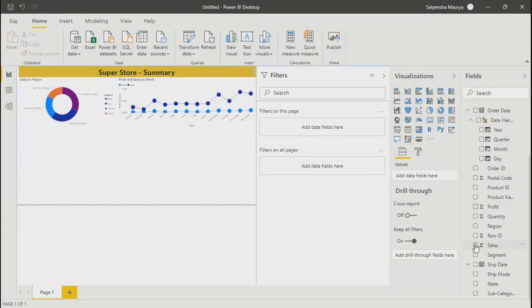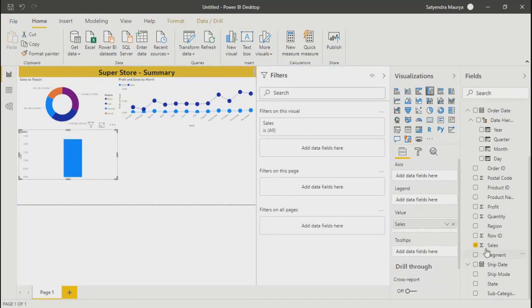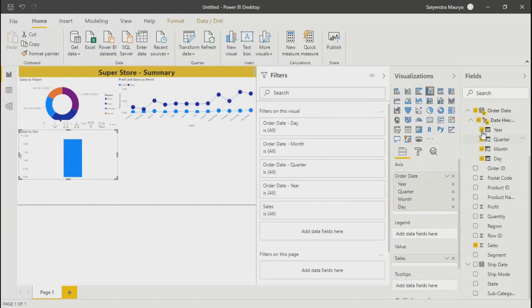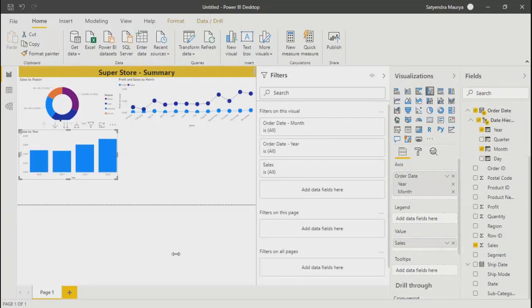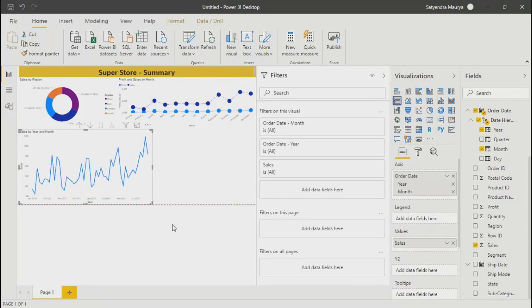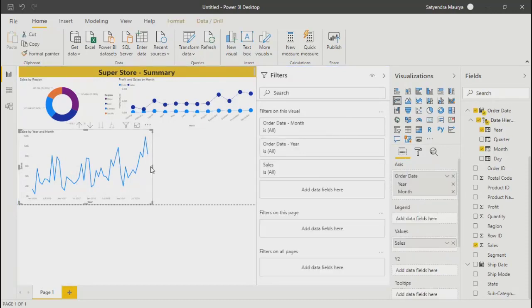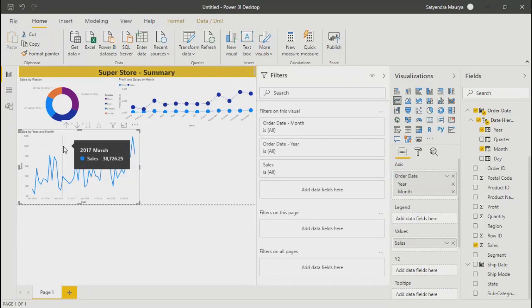Chart we have already taken, so I'm not going to focus on that. Now let's say we'll take one more trend over here, maybe that is by sales. Now for sales, again I will take order date, year and month, and we'll convert this into a trend line. And this is the trend you see by default. By month I have converted it to the sales figure. What I want to do is show the forecast, right? It's a simple option for the linear forecast in Power BI.